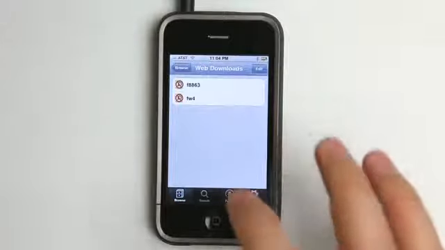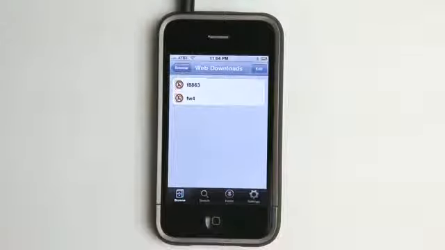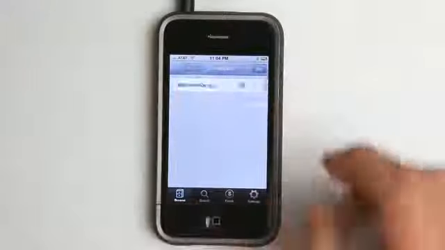So let's look at the coolest part of it, which is actually being able to go out onto the web and download a PDF from a website. Obviously, if you've used Safari before, downloading files from Safari doesn't really work out for you too well. Maybe you can save some images or something like that, but this application allows you to get them from the web. So let's go